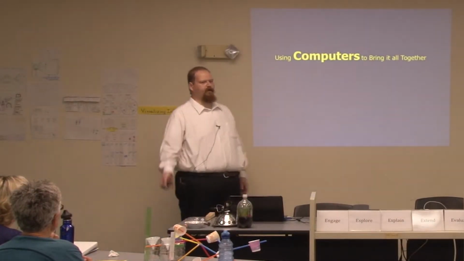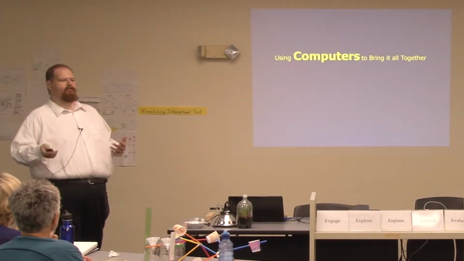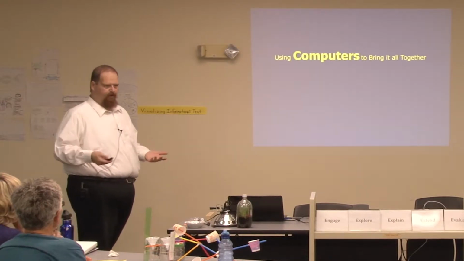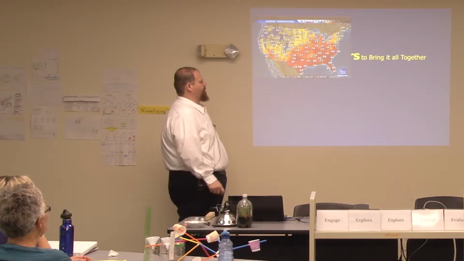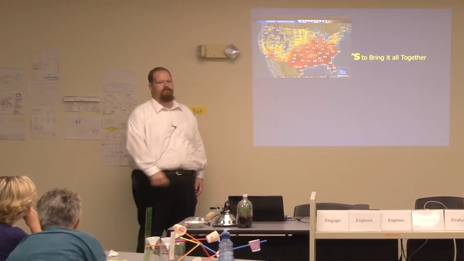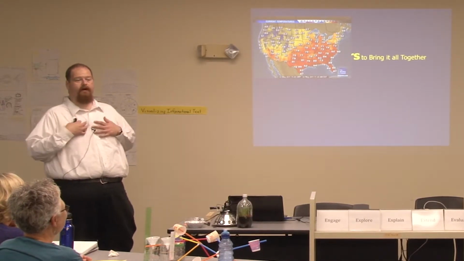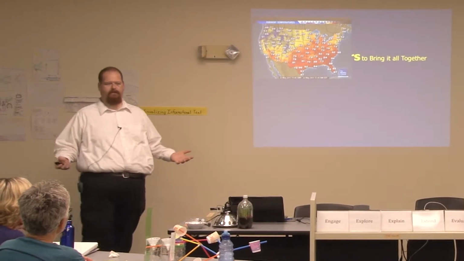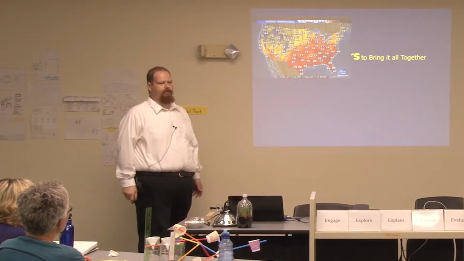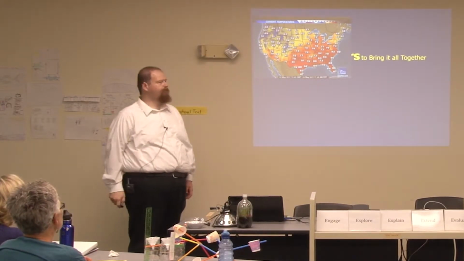But what we've done, obviously, with computers is we've been able to bring all of this together and do it in a much more efficient way. And computers can help us to recognize the patterns and draw these maps. So we start, this is familiar graphics from the Weather Channel here, so you can get current conditions. The United States is covered in observations, much more than, say, where my work is, which is in the Arctic or Antarctica. We have all kinds of observations in the United States, so we know what's going on almost in every location, except for maybe the mountainous regions of the West, right?